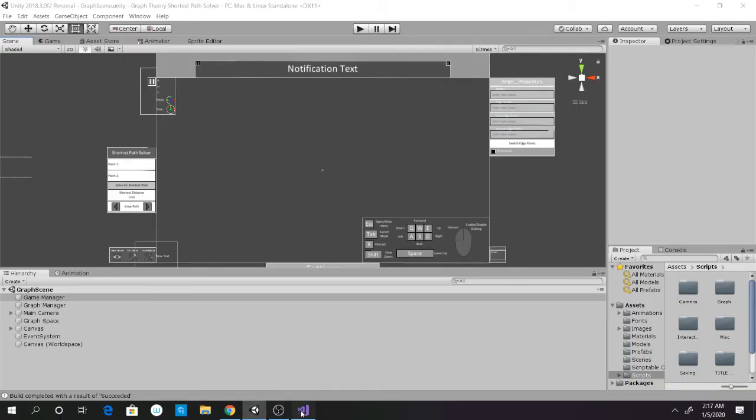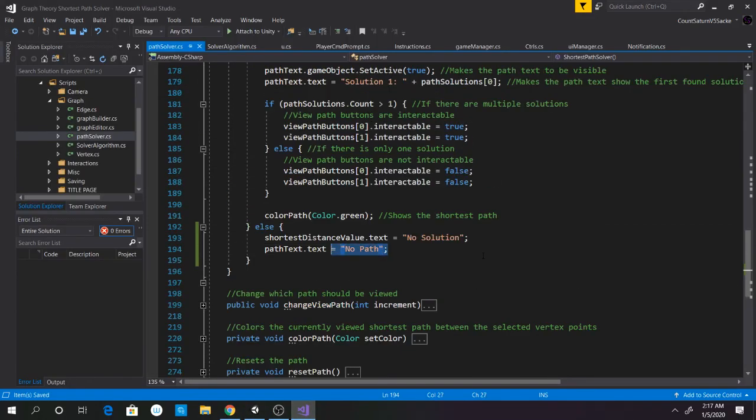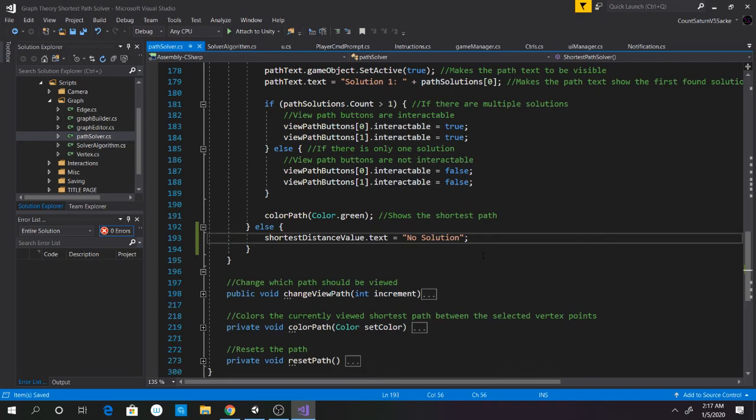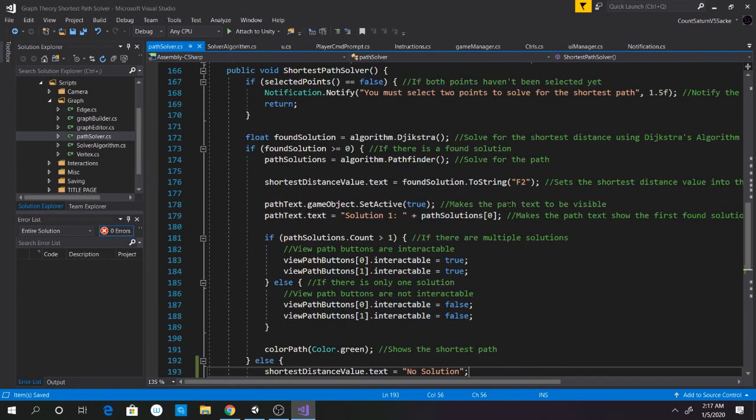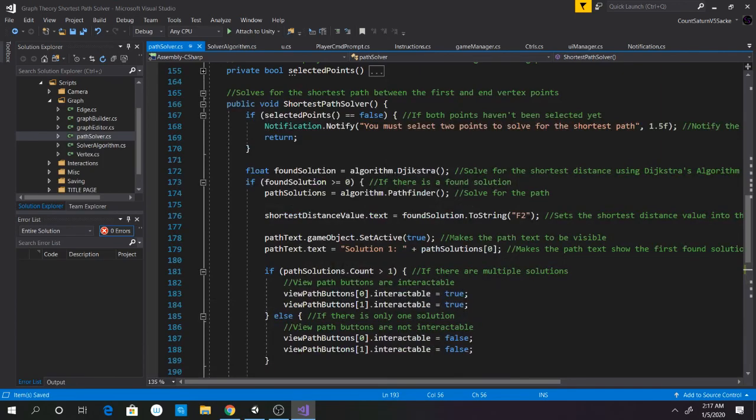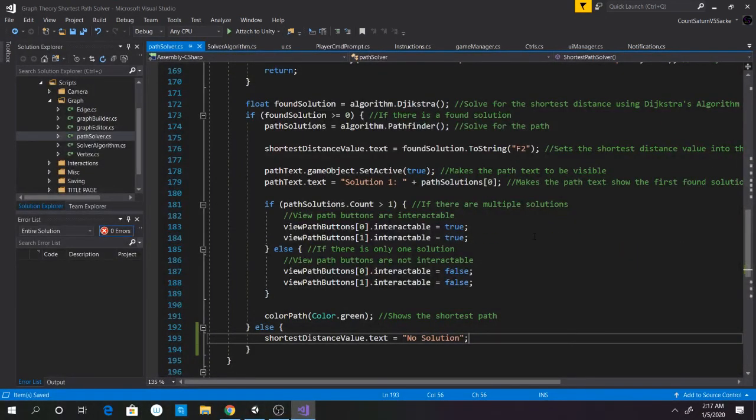Exit program. Actually, because the path text is not visible, we have no reason to make it visible. So yeah, no solution. Anyway,